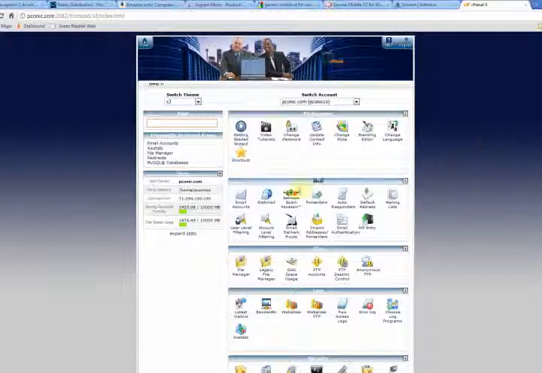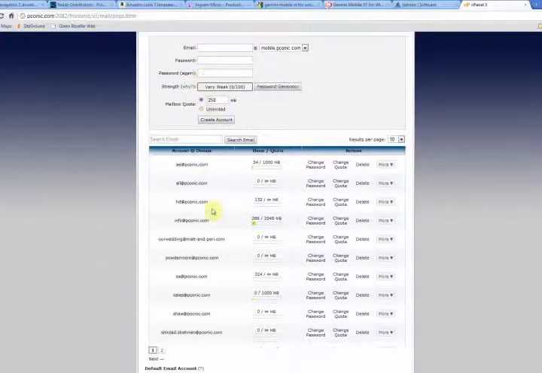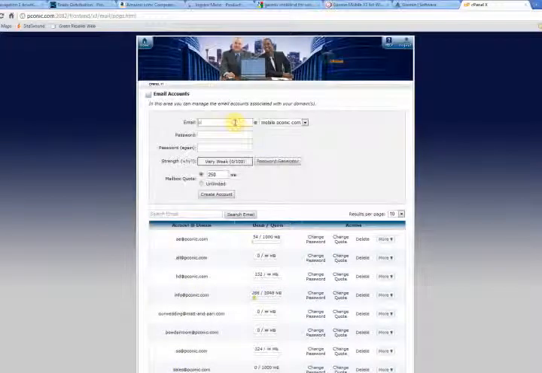So we're going to start with the email account. Since our accounts have unlimited space, unlimited email accounts, and unlimited email box size, we go to the email account. I'm going to create an email account so we can use it. I'm going to call it engineering